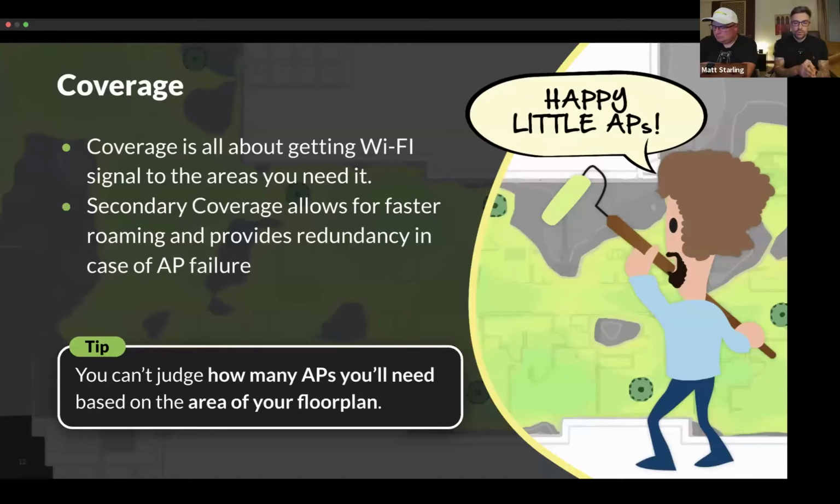Mainly, it's because you want your client devices to have options when they're going to go through that roaming algorithm. So access points that can hear each other can build their neighbor reports and inform client devices of other access points to go and associate to, which can really speed up the roaming from the client's perspective.